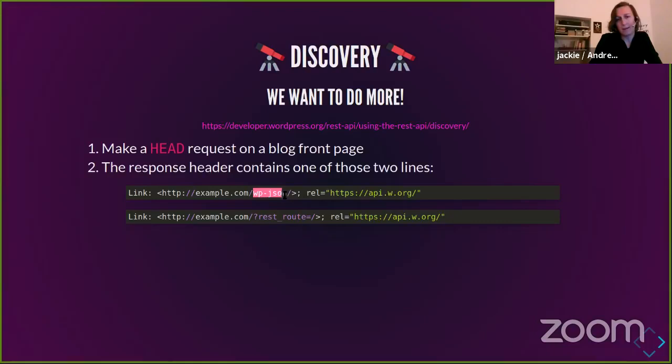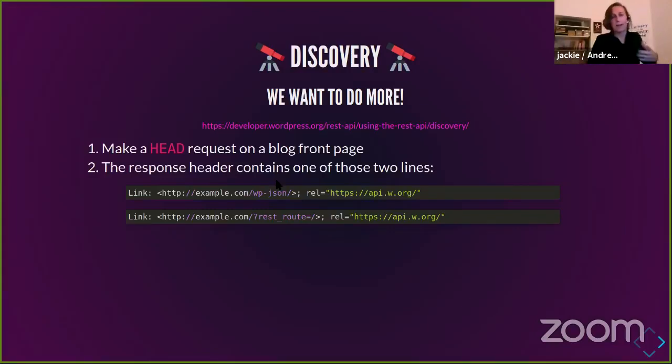And then you have either wp-json or rest_route as a query parameter. And this depends on whether you have pretty links enabled. If you have pretty links enabled, then it will look like this. But this is the root URI of the REST API for this specific blog.